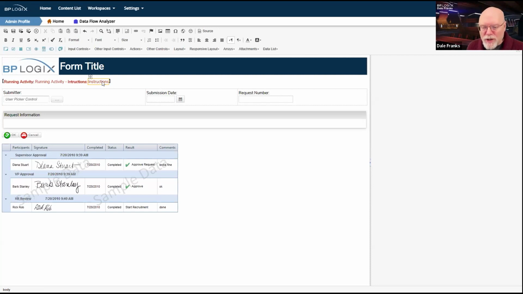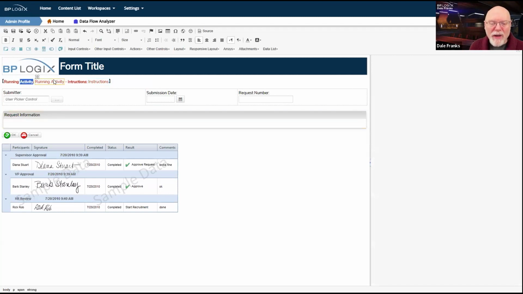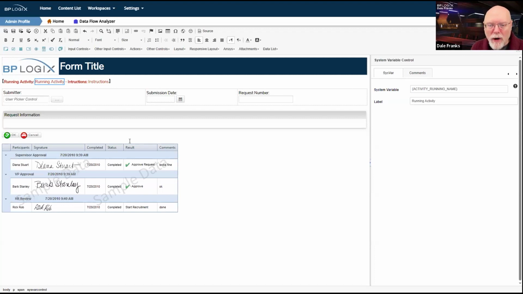The actual system variables themselves can be written a couple of ways. I don't necessarily have to throw in an embedded section the way that I have done. And the reason that I've thrown this in as an embedded section is because I have sort of explicit text here, which will be followed by this text whenever the form is created.